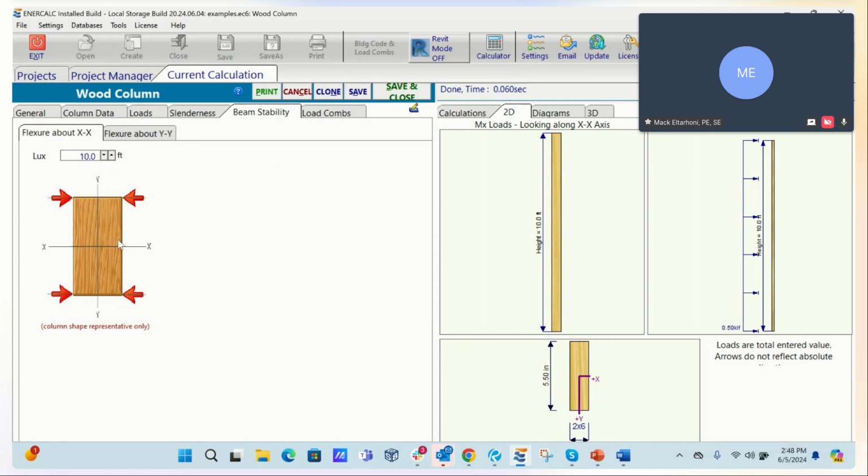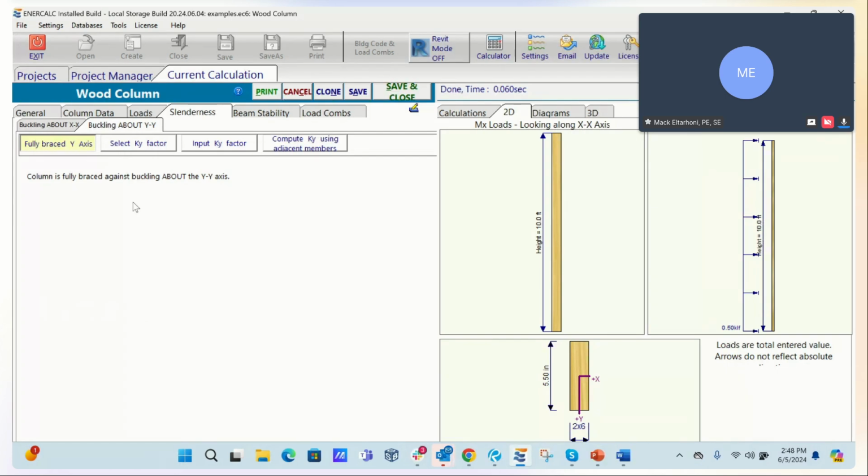You can do a beam that is loaded in both directions, X and Y, and even if you want to add an axial load to it, pretty much all three axes, and you have a fantastic amount of control, especially when it comes to calculating the moment capacity, using the beam stability factor, and of course calculating the actual Euler buckling using the slenderness values. So you can use this module to do a biaxially loaded beam.